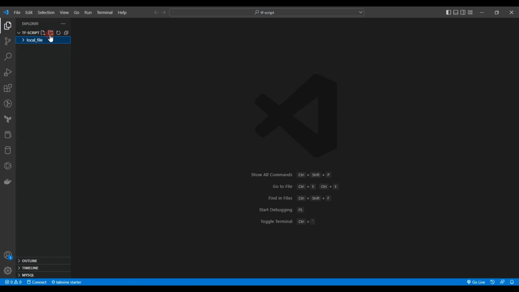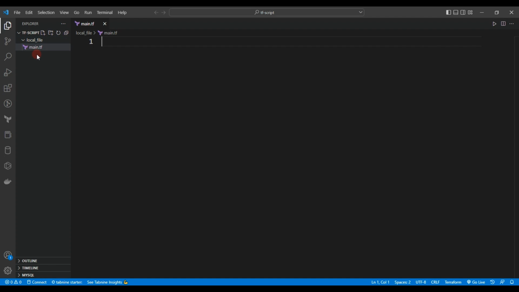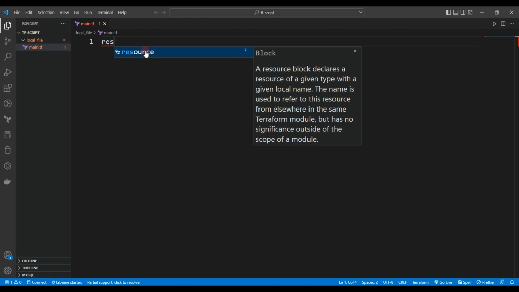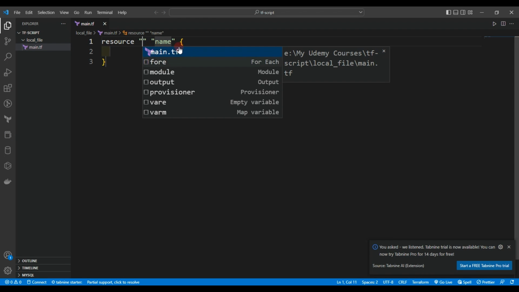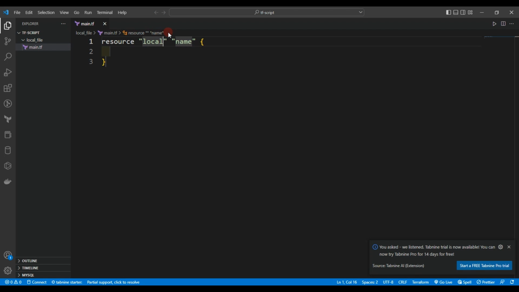Inside this local file folder we can create a main.tf, which is a Terraform file. You can see the Terraform logo as well. Click enter, and inside this main.tf we will create our first resource, the local file resource block. For that, type resource, and as you can see, it's giving me suggestions, and you can now write local file,